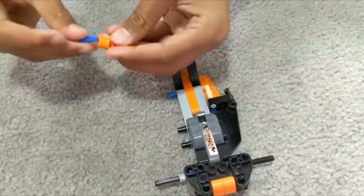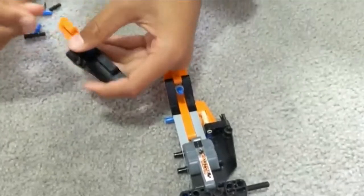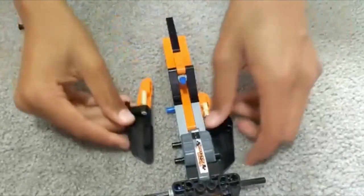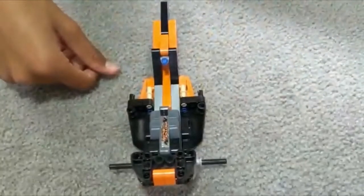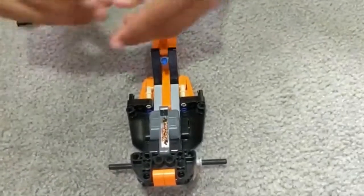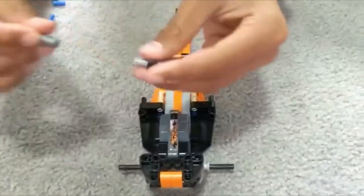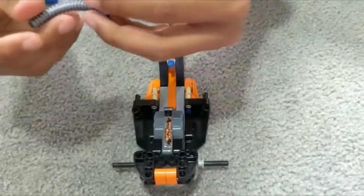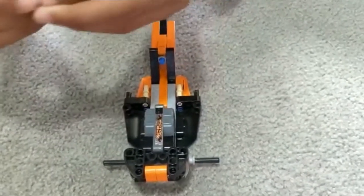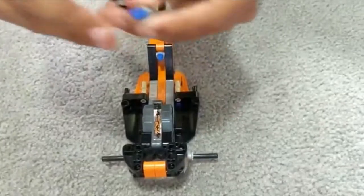Then you do the same thing for the other side. So that through there, get this, put it on the bottom. And then put these two like this, and place it in, as so. Now, get this piece, place this piece through, and then get these, I don't know what these are called, they look like air duct vents things, but get those two pieces, put it on the edges, then get this axle connector, put it on the ends,